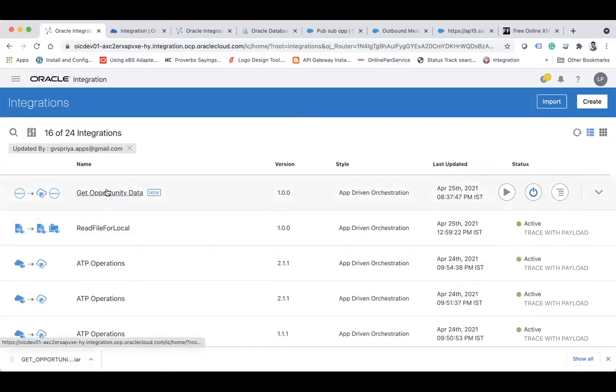You have exported it and now you want to import it. So what will happen when you import it on your target instance? In this integration, I am using two connections. One is Salesforce and the second is the ATP connection. These two connections will be part of this integration archive. So when you import this integration onto your target instance,